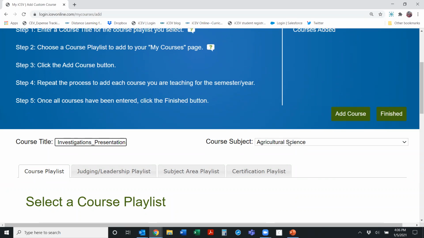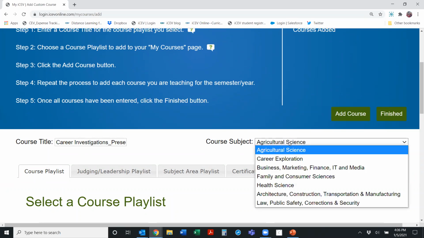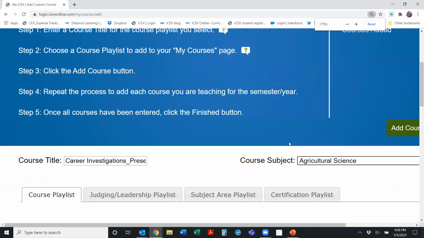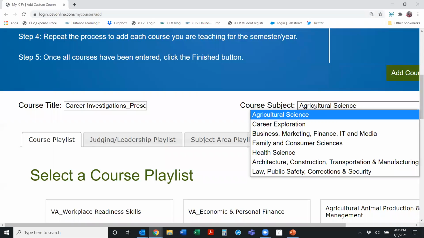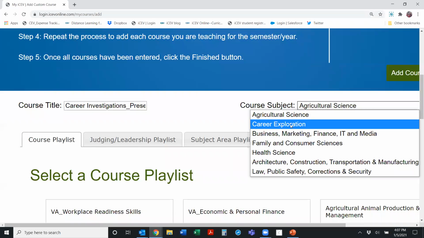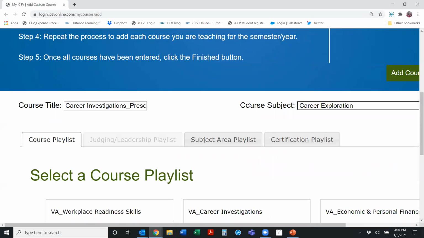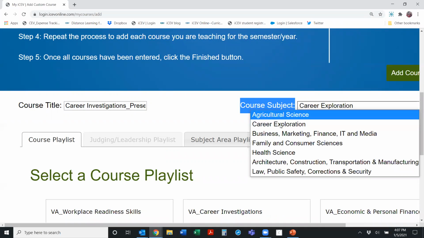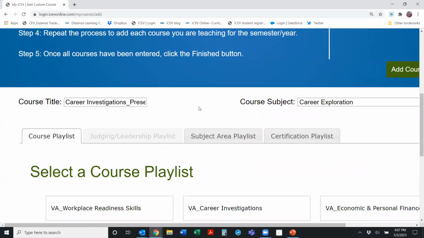I'd also like to point out that because I am a rep, I have access to all 7 of our sites. So, I need to narrow it down to what I'm demonstrating for you today. So I'm going to choose Career Exploration. Most of you, if you have a subscription, you won't have this area right here. You'll subscribe to one of our sites, and then you'll automatically be taken to that site.